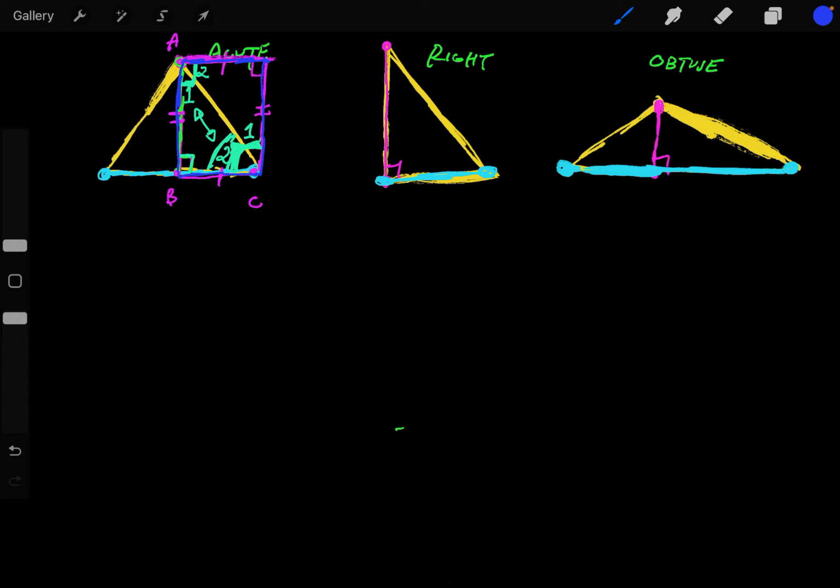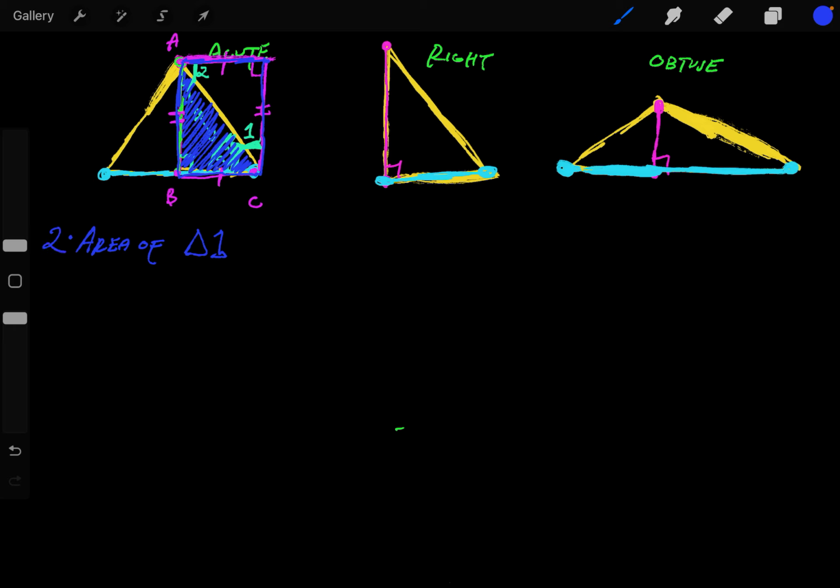Now, we could come up with a relationship within this rectangle as well. We can say that this triangle right here has some area. So let's say that's the area of, I don't know, triangle 1, because I don't want to say right triangle. Even though it's on the right side, I don't want to confuse it with right angle. So area of triangle 1